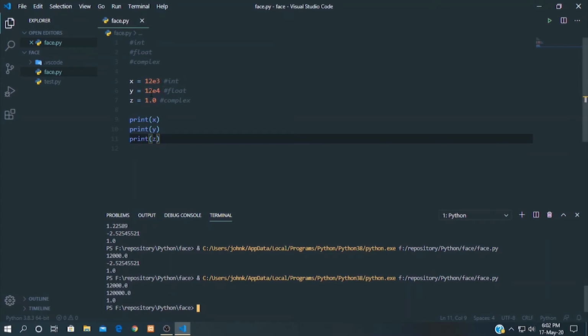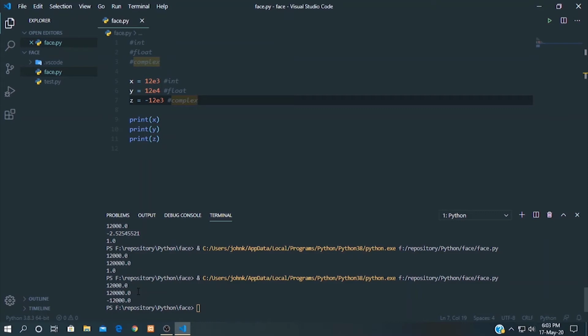Let's create a negative one now. Minus 12e3 again. 12,000, 120,000, negative 12,000. So we can use floating point numbers like this as well.